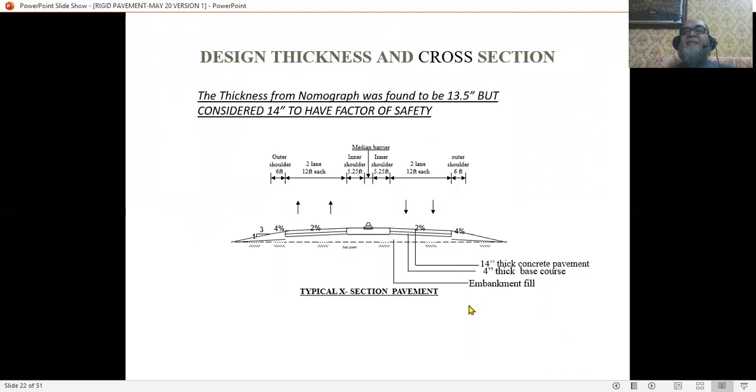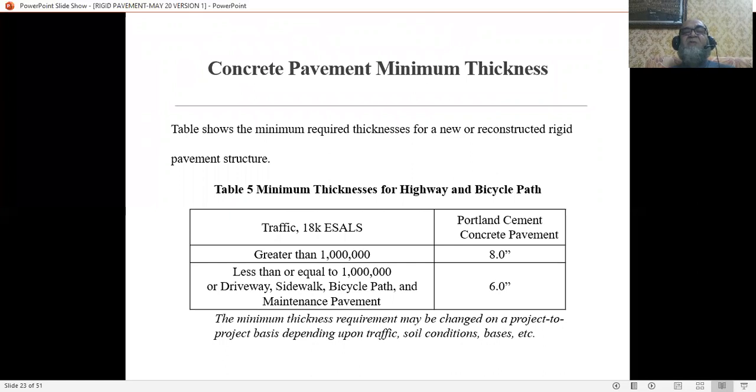So this ends our discussion on pavement design. In this part, we have discussed both flexible and rigid pavement design. Now, our next topic is a very important topic, and it's about highway drainage. Okay, before I move on to it,